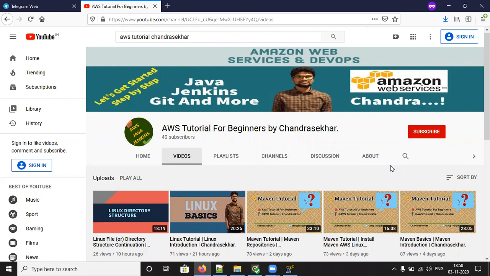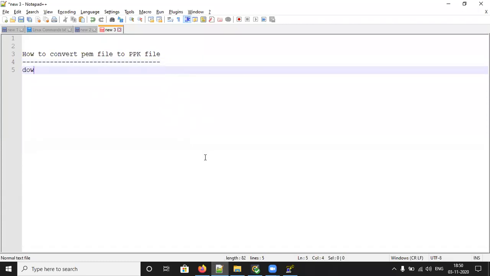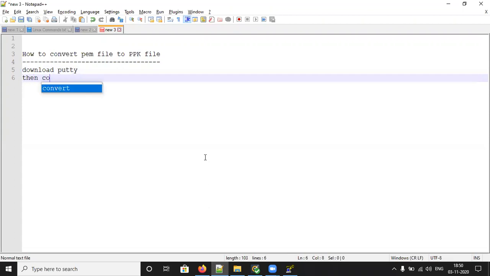Today I will show you how to convert a PEM file to a PPK file. For that, you need to download PuTTY, then convert the PEM file to a PPK file.